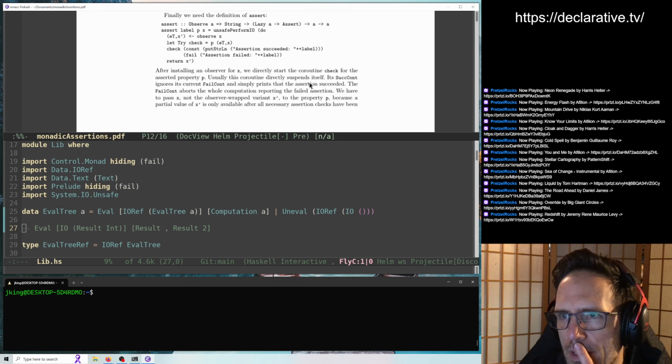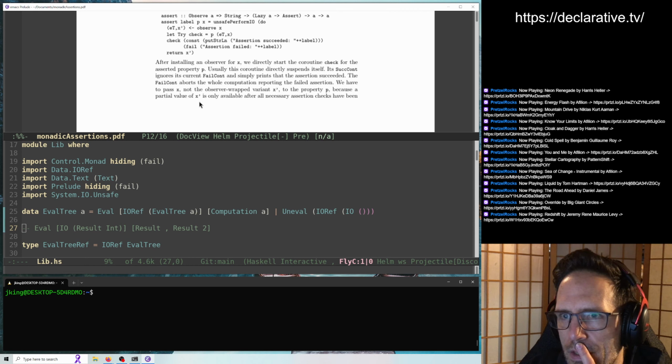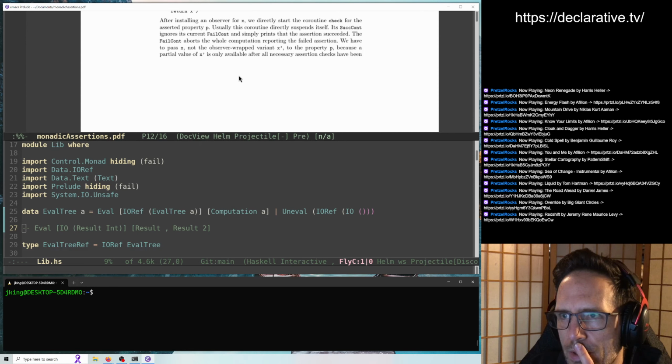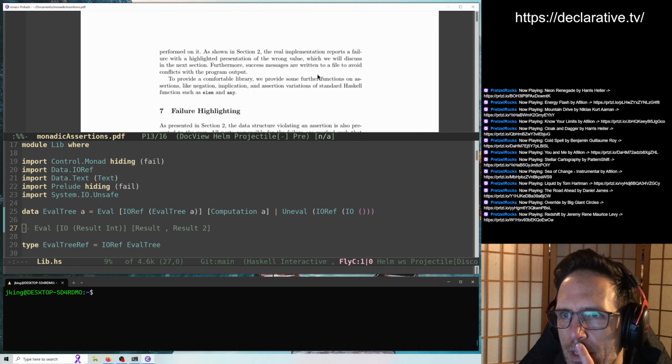Usually this coroutine directly suspends itself. Its success continuation ignores its fail continuation and simply prints the asserted succeeded. The fail continuation aborts the whole computation, reporting the failed assertion. We have to pass x, not the observer wrapped variant x prime, to the property p, because partial value of x prime is only available after all the necessary assertion checks have been performed on it, as shown in section